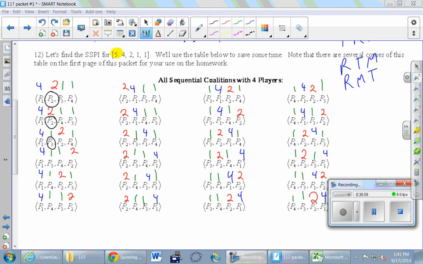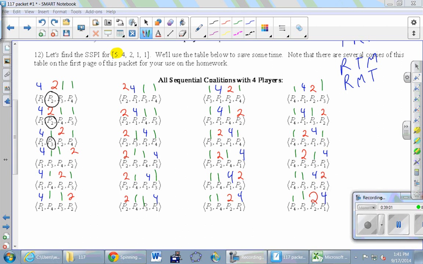The last one I want to do is the very last quota on the page, all the way at the bottom right. So let's do this one, and then you'll work on the rest in your groups. The first person puts 1 vote into the pile. Is that enough? No. The next person puts another vote, so we're up to 2. Is that enough? No. Then we get 2 more, which means we're at 4. Is that enough? No. So we don't tip the scales until we get to the last person, when finally we have 8. So player 1 is pivotal there. Okay? So carefully work through. Once you finish the first column, check with your neighbors before moving to the next column.